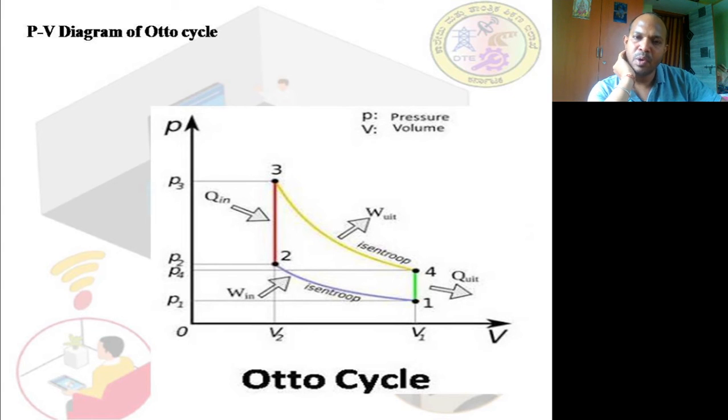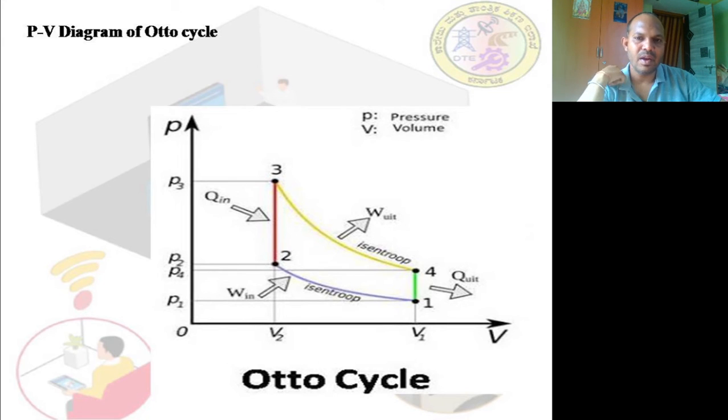Now, the area below this curve, whatever you can see, this blue, green, yellow, red graph, the area below this graph, between V1 and V2, will tell us the actual work done by the system. The area under this curve will tell us the actual work done by the system. Is it clear? That is the reason why we have to study this PV diagram. Basically, the petrol engine works on the basic principle of the Otto cycle. All petrol engines work basically on the principle of the Otto cycle.